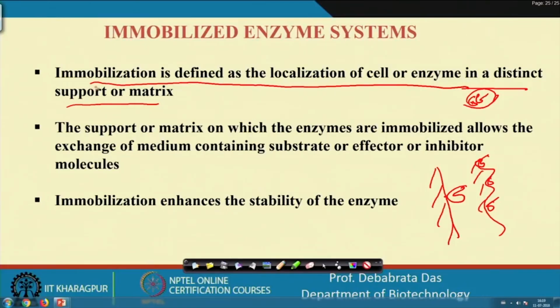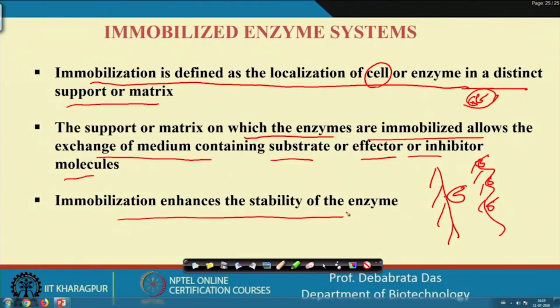So that is why we call immobilization the localization of cells. We can have cells or enzymes in a distinct support and solid matrix. The support and solid matrix on which the enzymes are immobilized allow the exchange of media containing substrate, effector or inhibitor molecules, and immobilization enhances the stability of the enzyme, because